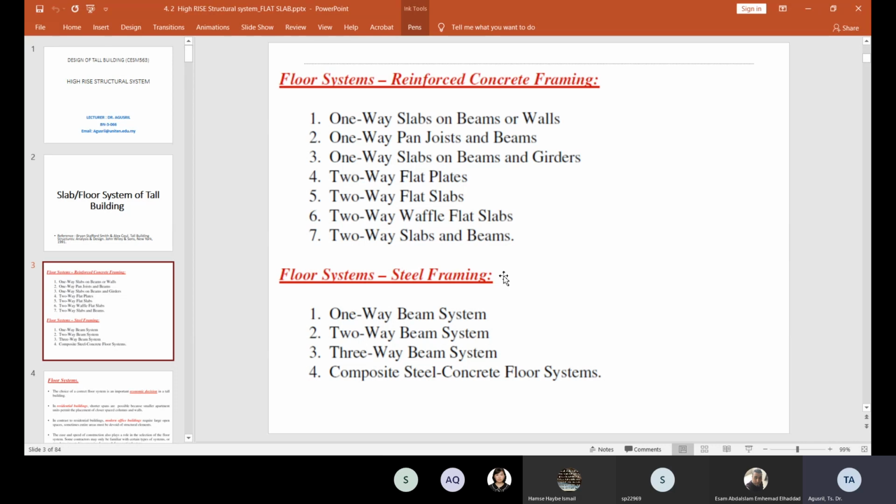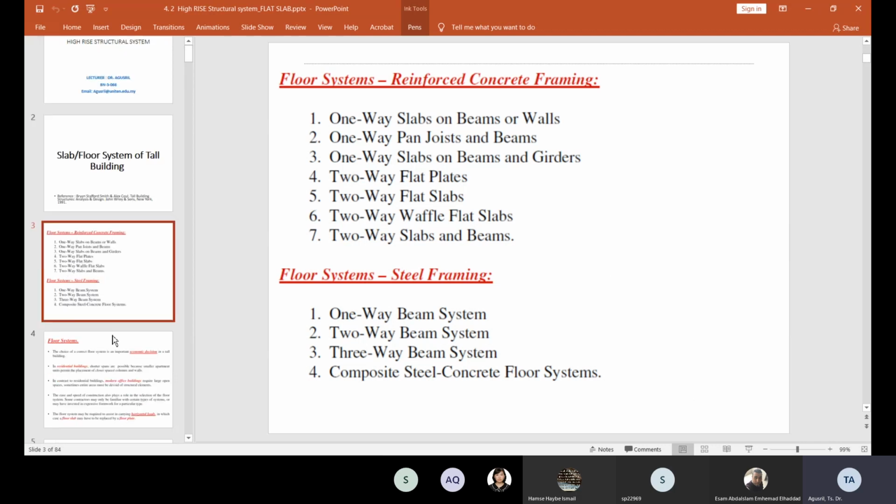So for example, you want to build a 40-meter building. If you use beams, you can have, let's say, only 30 floors. But if you use a flat slab without beams, you can increase the number of floors to, let's say, 35. So you can see the benefit of the flat slab as compared to the restraint slab here, in terms of the number of floors you can get by building the same height of building. The more floors, the more profit you can get from this construction.